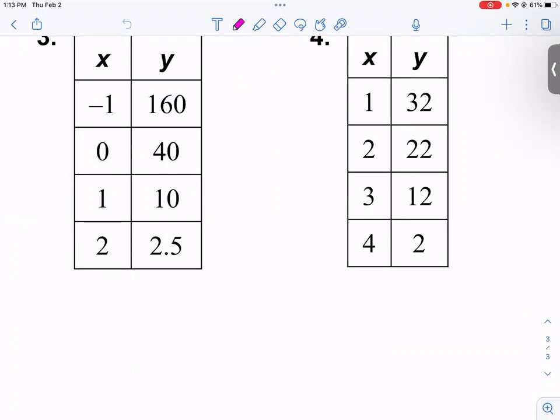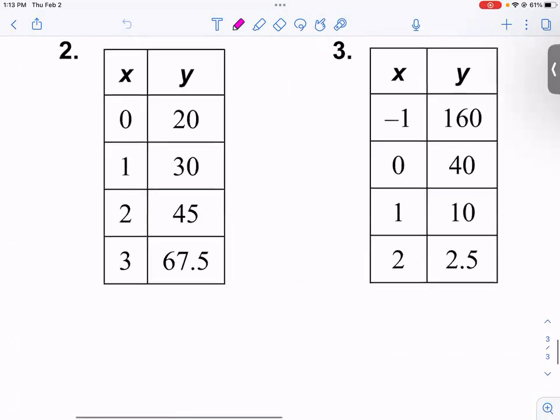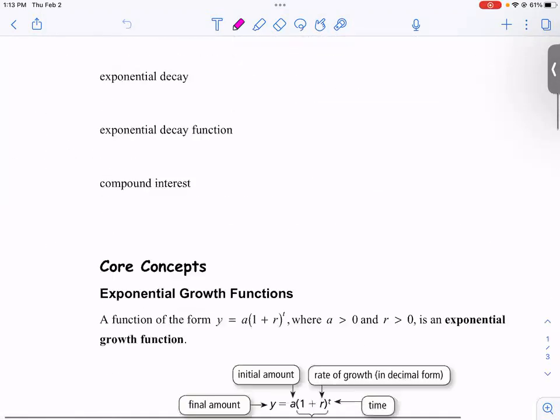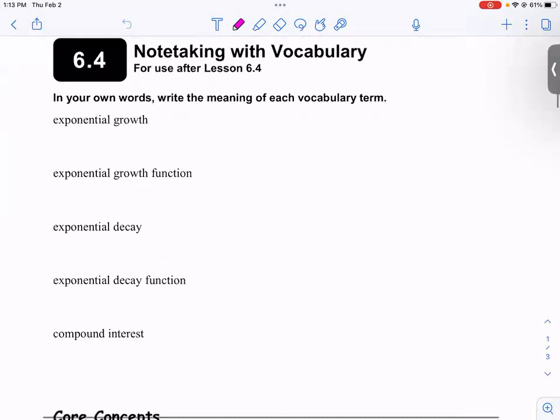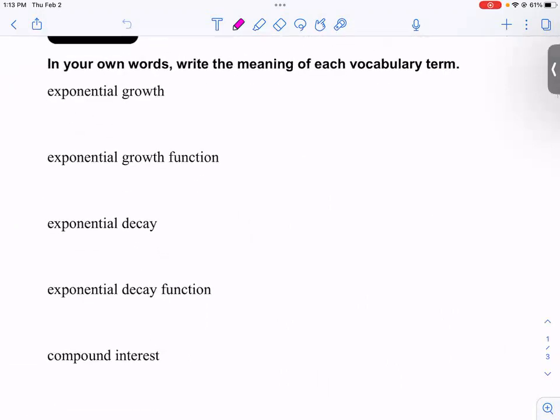But notice how these y values get smaller and these y values get bigger. They're both exponential, but one's growing and one is what we say decaying. All right, so back to here. Exponential growth, we say